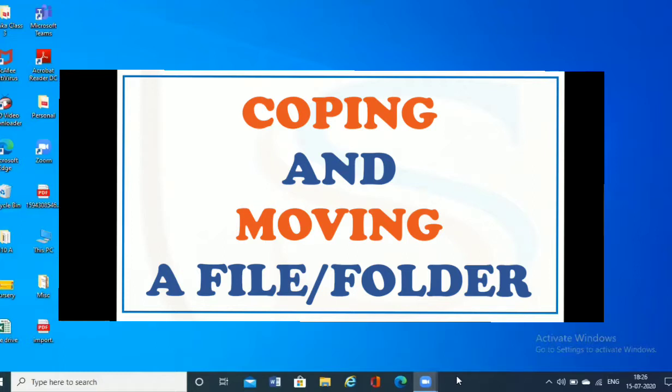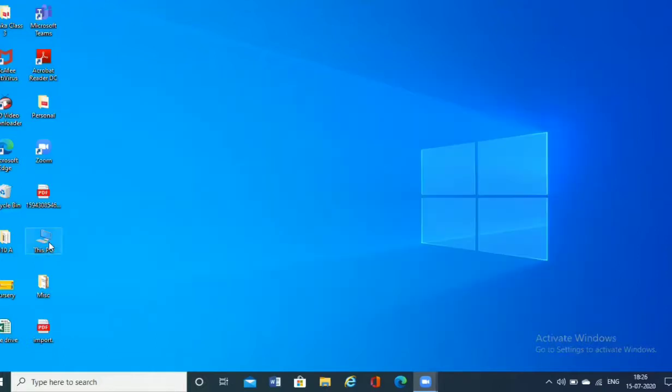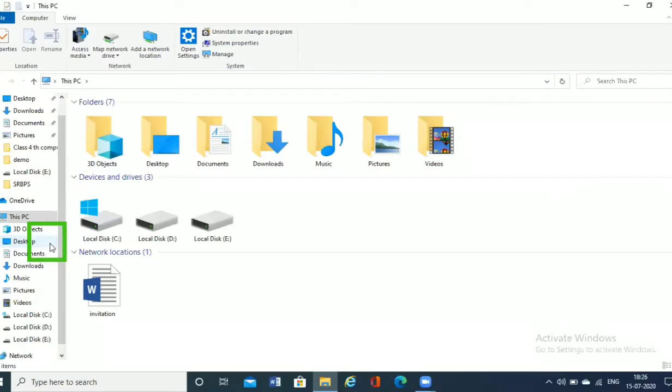First we will go with how we can do the copying of a file or a folder. For this we need to go to This PC. In the desktop, there is an icon of This PC. I will click on This PC and the window will open.